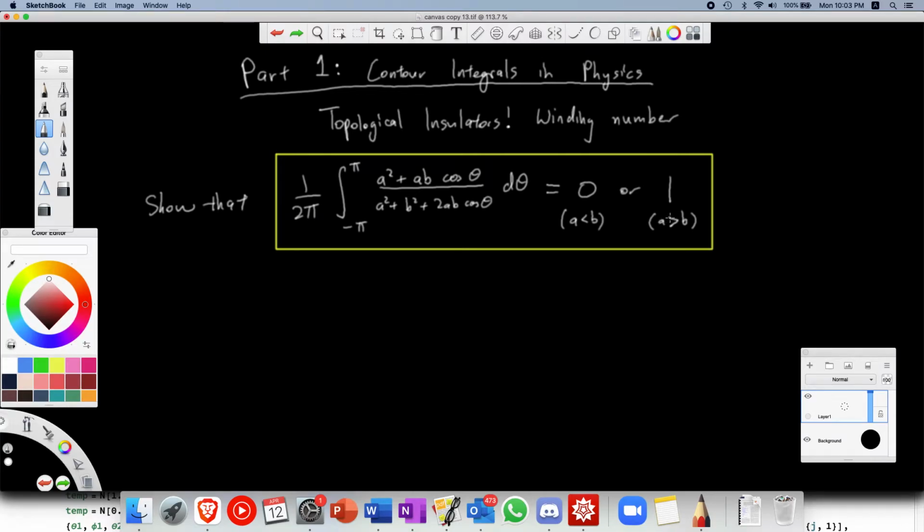And today is the first part of my series on contour integrals in physics. Contour integrals appear in complex analysis in math, and it might seem very abstract and inapplicable, but in this series I hope to show you how contour integrals may in fact appear in physics. The first episode will be on topological insulators and the winding number, and then the second video I plan to do